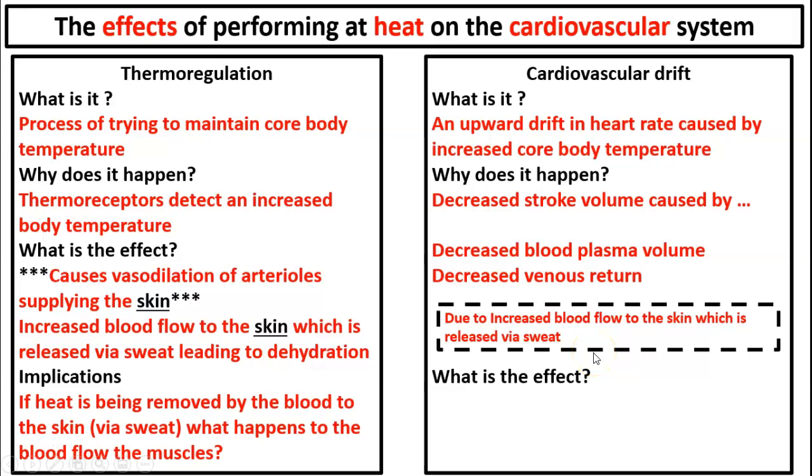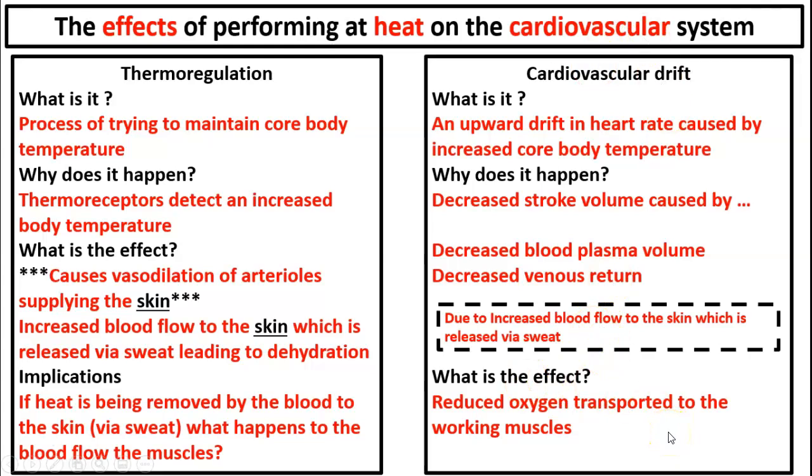Okay, well, if we know we can't get the blood back, and we know we can't get the blood out, we know that we've got a problem, because we rely on our stroke volume and our cardiac output being high in order to get blood to the working muscles. So the net effect of this is there is reduced oxygen transported to the working muscles. Okay, so this is the net effect of all of this. We cannot get as much oxygen to our working muscles to allow us to perform effectively aerobically. Okay, so that is our key section there. That is the impact of performing at heat on the cardiovascular system.